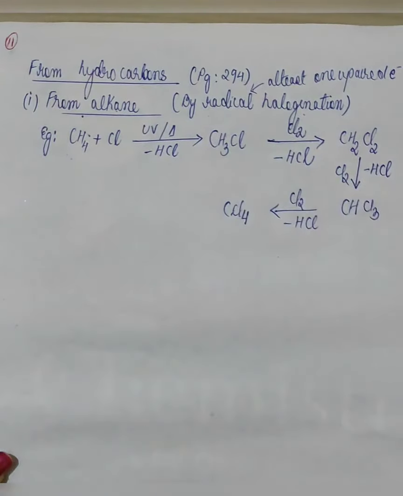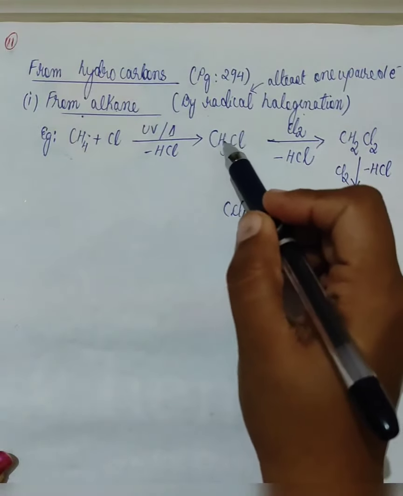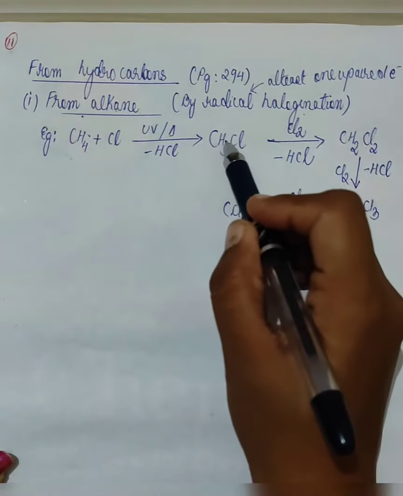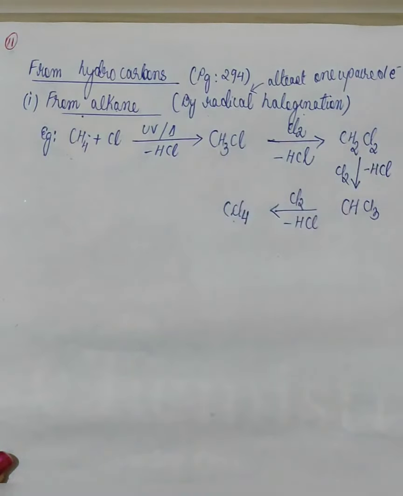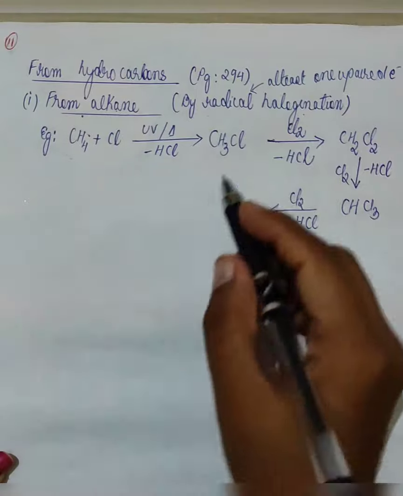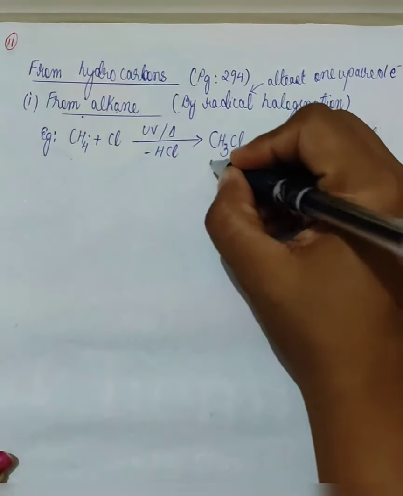Why is this the final product? Because there is no more hydrogen atom to be replaced by the halogen. Now here, this is such a type of reaction that if you need a single product, it will not be able to give you a single product. So it is not a favorable type of reaction, because if we want only this, we will never get only this. If our target is to get this, ultimately we will be getting this, because the reaction is not going to stop.